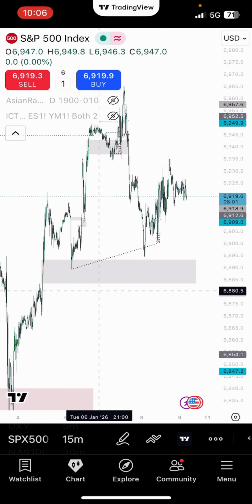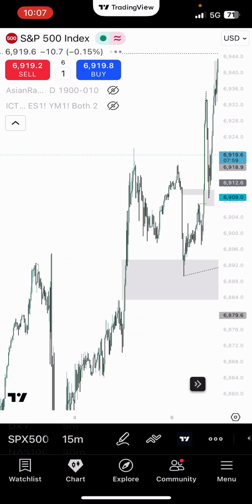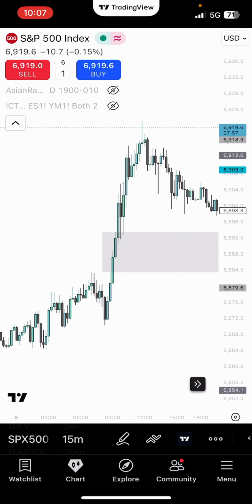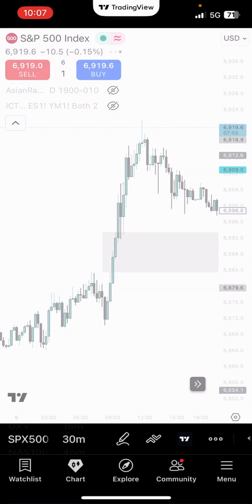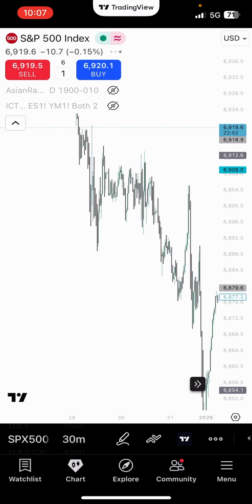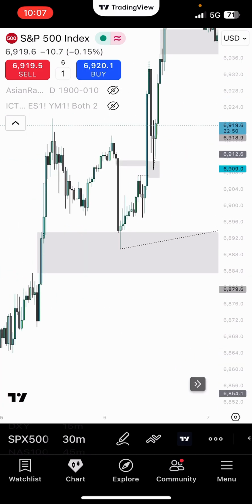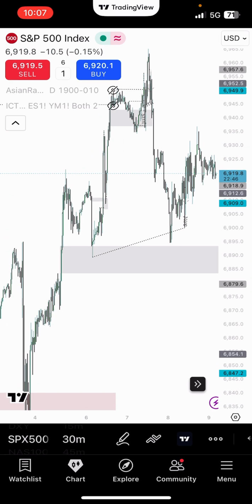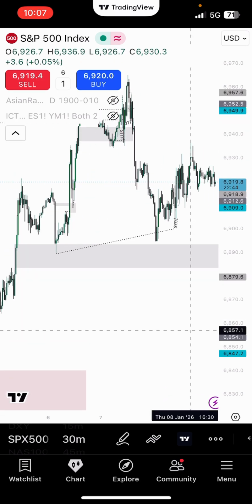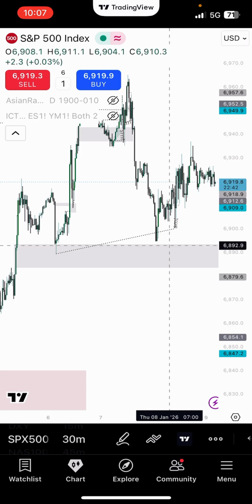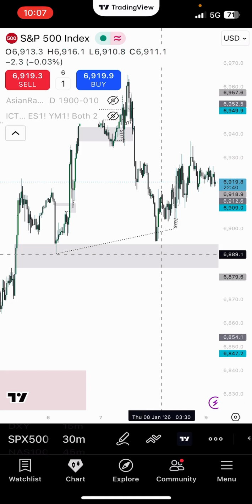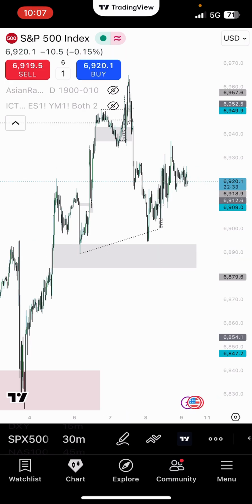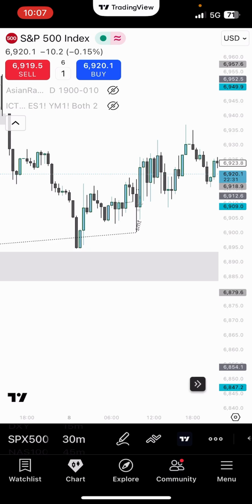Then we see this. We also see this 15 minutes fair value gap also. In fact, in this case scenario, I think it was a 30 minutes gap. Yeah, it was a 30 minutes gap, right? So we have this 30 minutes fair value gap here. I was supposed to see price completely fill up, even though the consequent encroachment level they didn't even really get filled. I was trying to see price fill up this fair value gap, but it didn't, which added to my confidence